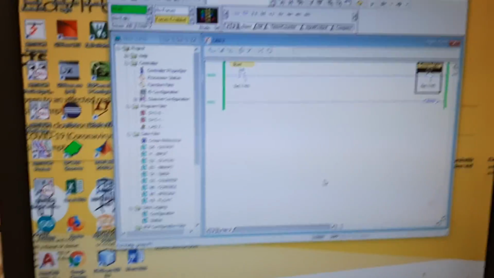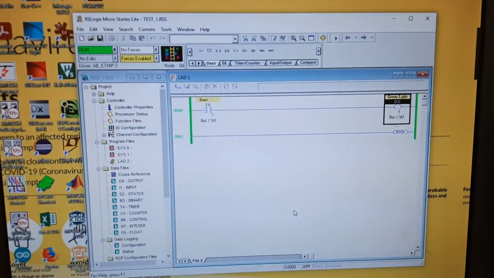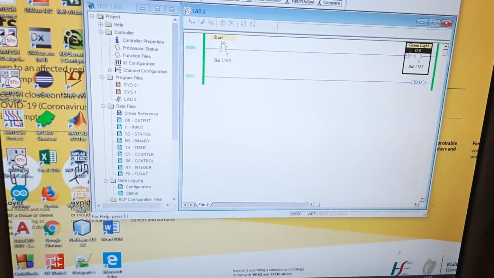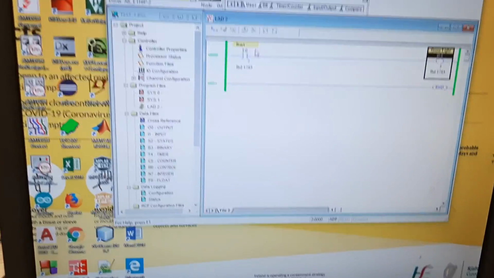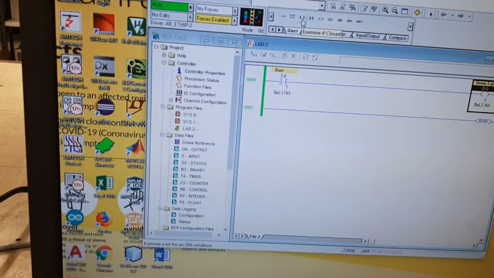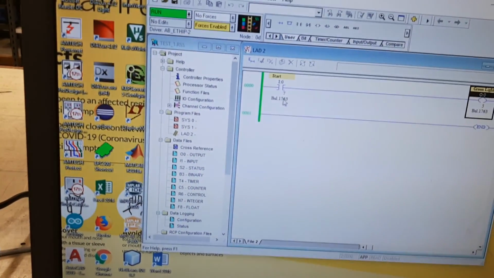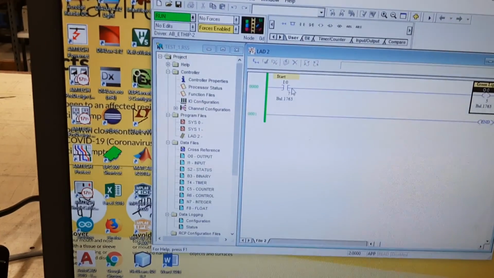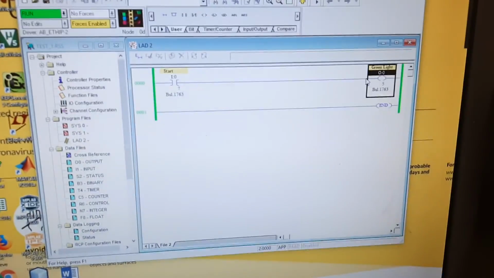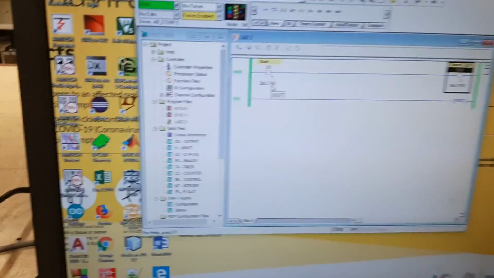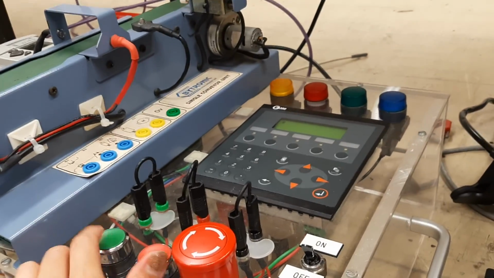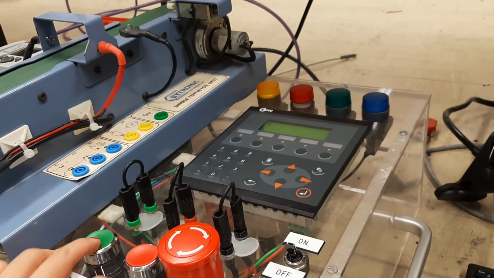Now what I asked the PLC to do is to connect this bit number to this bit number, and check this one, the name says examine if closed. If this switch is closed, that means that current can flow through it, and this output can be energized. I put this address for the green light and this one for the start. Now by pressing the green button, the start button, the green light should turn on,